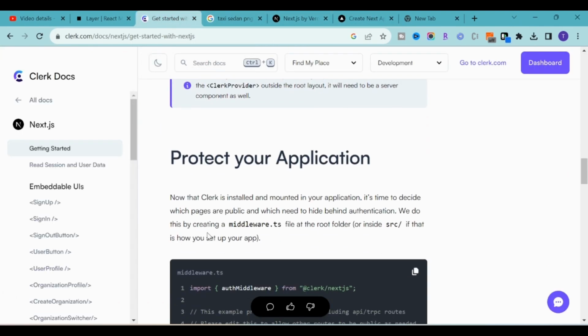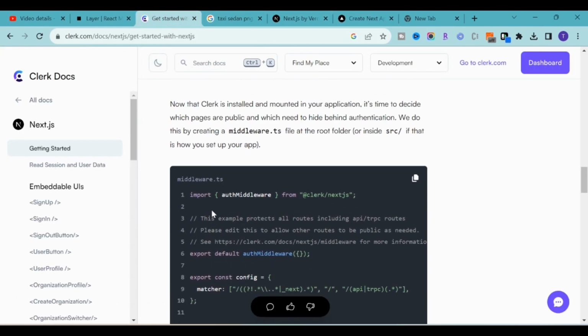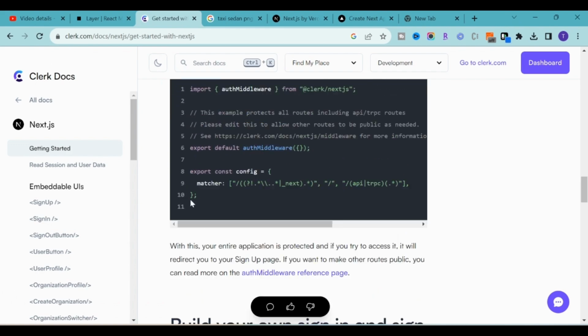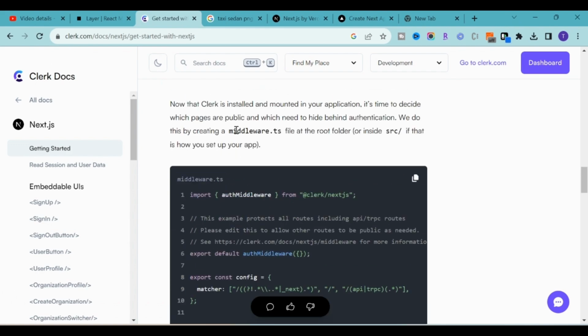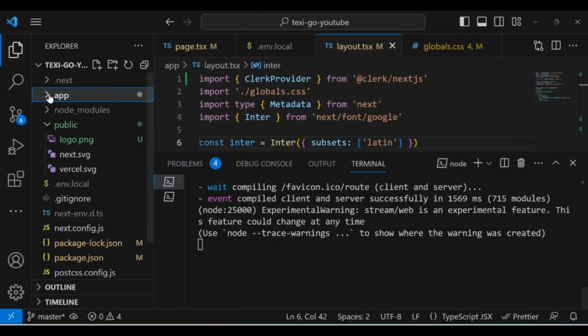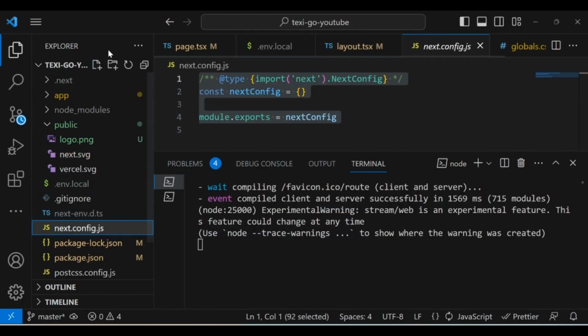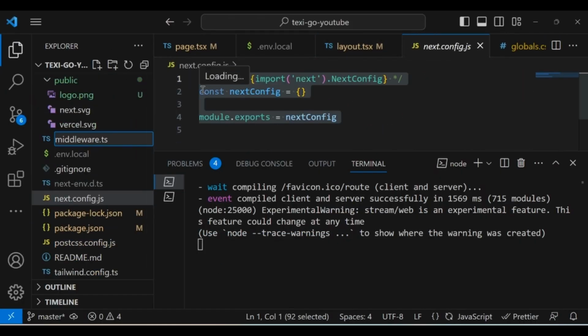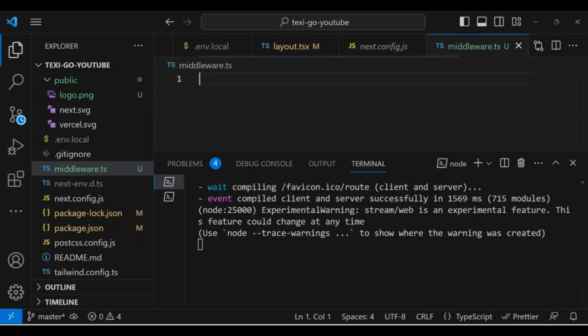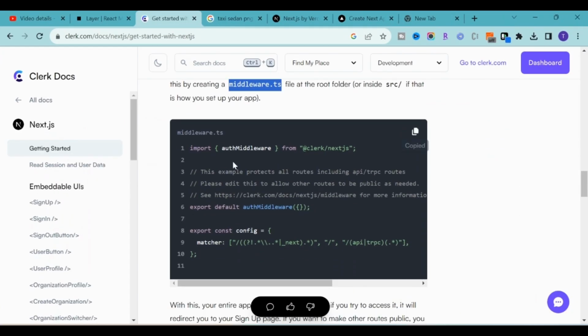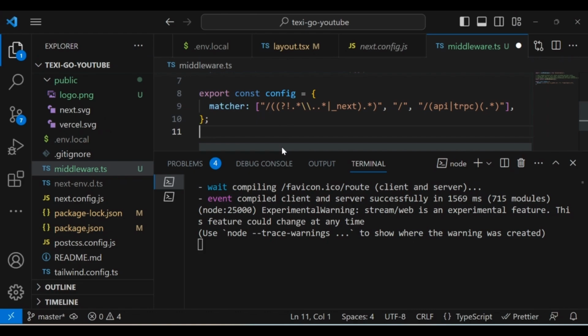Next, if you scroll down, we have to add this middleware.ts, and in that we have to paste all this content. So just copy this file name, go to your application, and inside the root folder we have to create this file middleware.ts. Inside that you have to paste all of this content, so copy it and paste it here